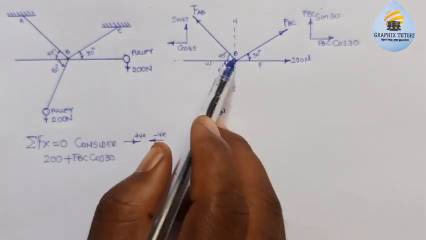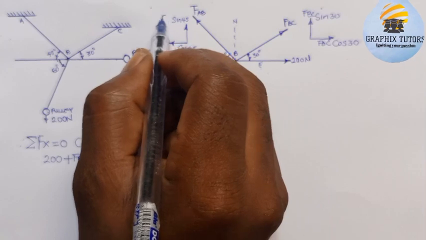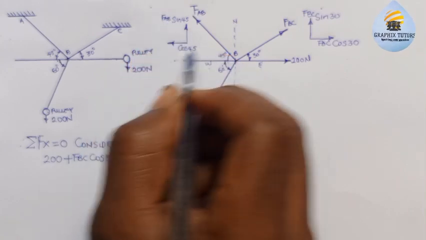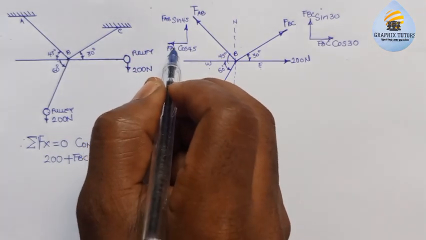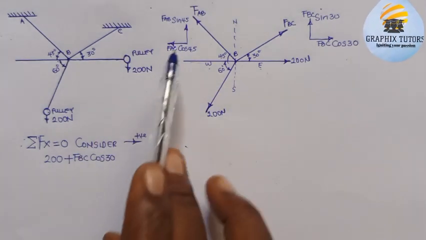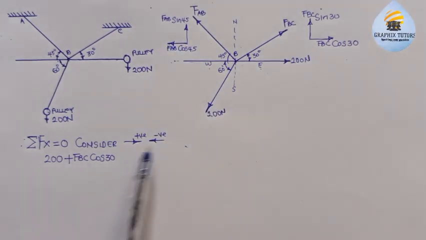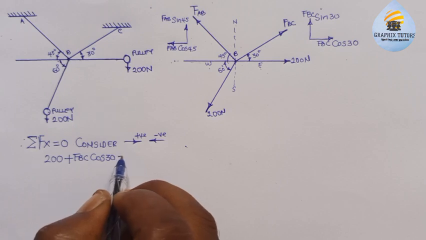The force that's inclining is FAB, so I'll put FAB multiplying this, and FAB multiplying this. Now we have another horizontal component which is facing backward, and any force going backward is negative. So I'm going to have minus